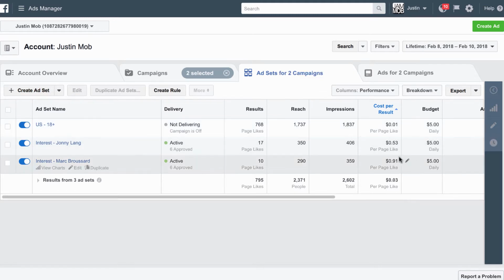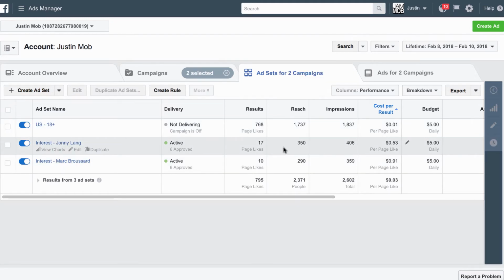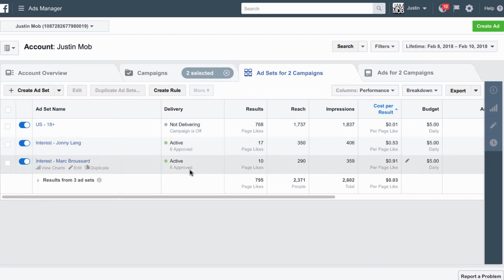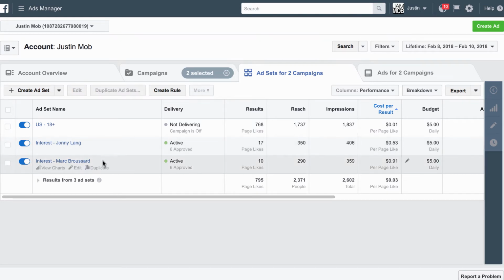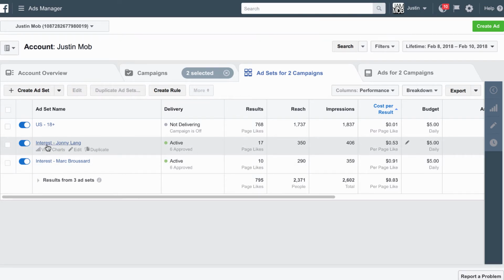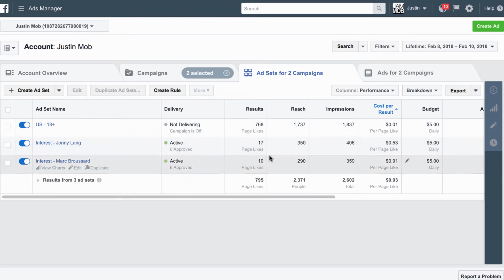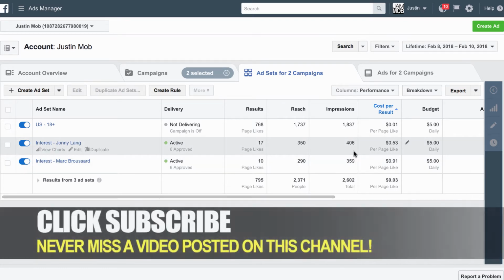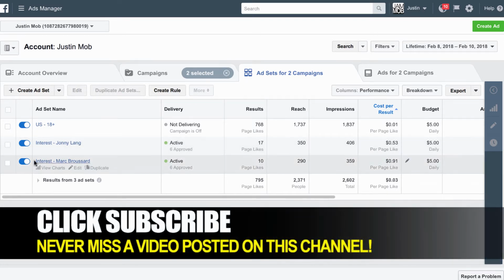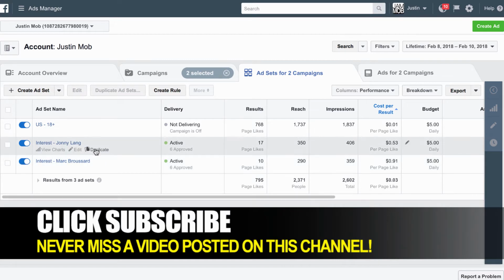All right, so let's talk about our actual page like campaign that we set up. First of all, there's one thing that stands out right away: people interested in Johnny Lang, remember everything else was identical on these ads, seem to respond better to our ad because our cost is almost half. So our first gut instinct would be just to shut off this ad right here and let this one